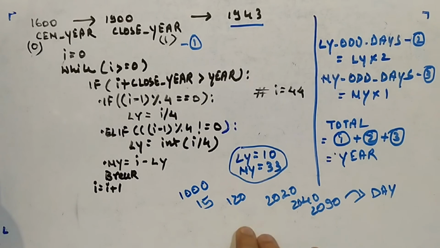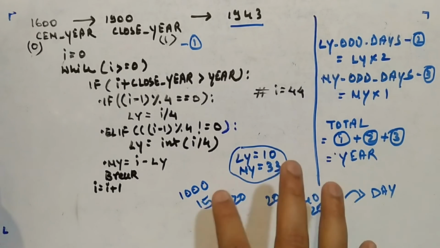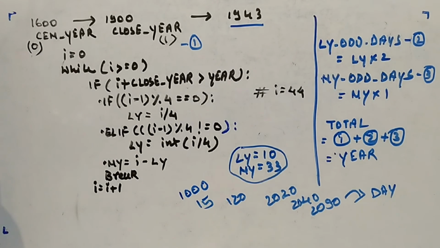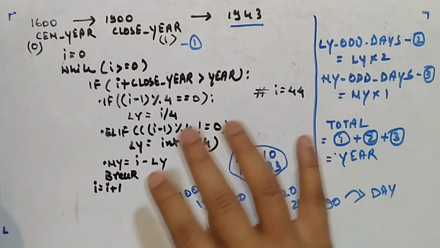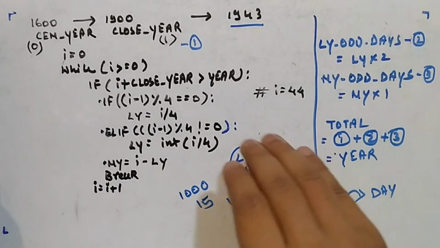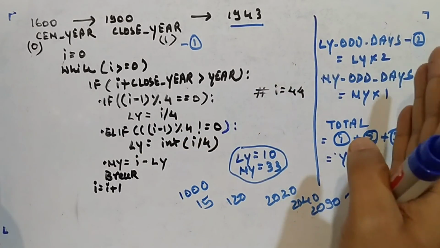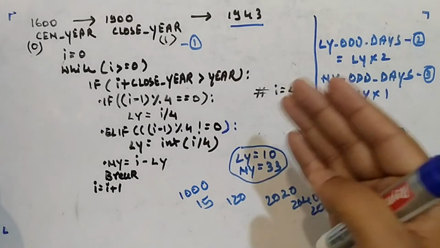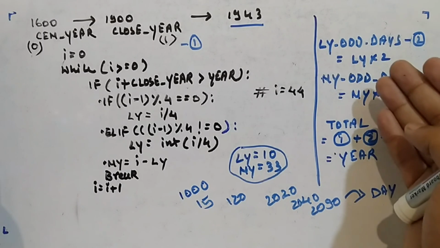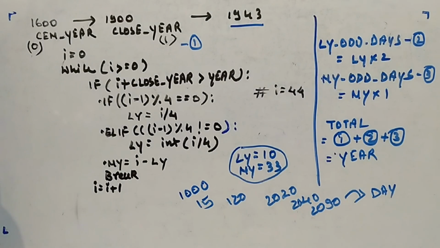Okay, so that's how I'm treating this problem. Let's go to the month side. Now the year part is done, so I'll code it and then show everything. But first we will complete the month and day parts, meaning how to calculate the odd days for a month and for a given day.